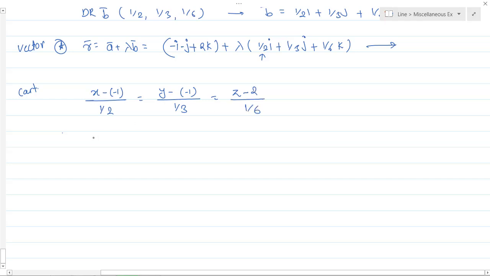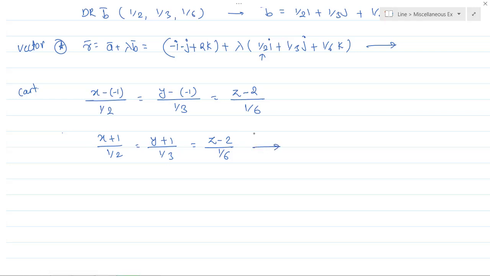Okay, so the final equation of line becomes what? It is nothing but x plus 1 upon 1/2, equals y plus 1 upon 1/3, equals z minus 2 upon 1/6. Okay, you can again keep this equation as it is, no problem. If you want to write down in a standard form, मतलब ये अगर आपको denominator पसंद नहीं है तो क्या करोगे आप? Take the scalar multiple, multiply all these direction ratios by 6, you will get the same thing.